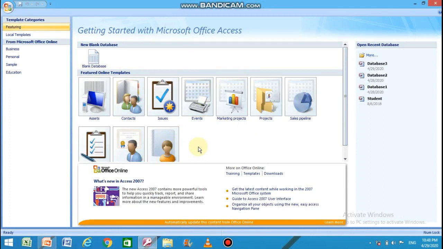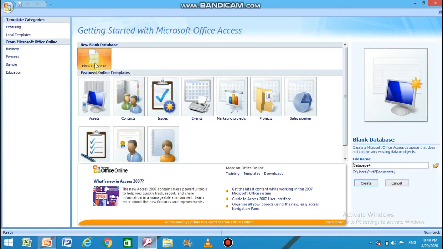Now this is the first screen of Microsoft Office Access 2010. To create a table, select blank database, give a name for your database here. Suppose I am giving students info, and then click on create button.